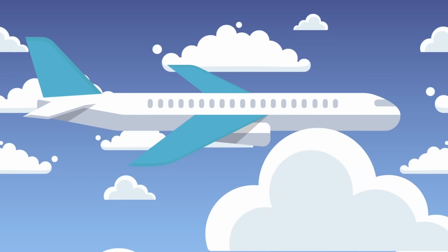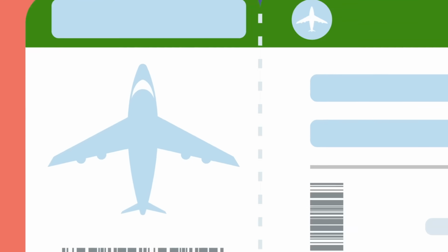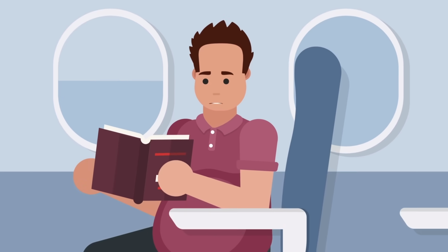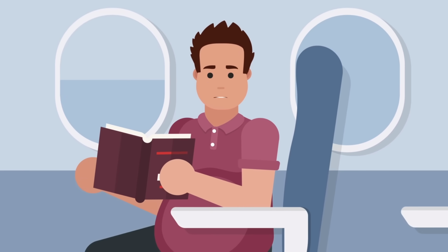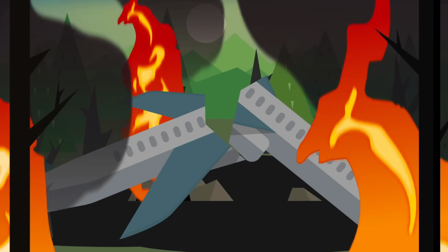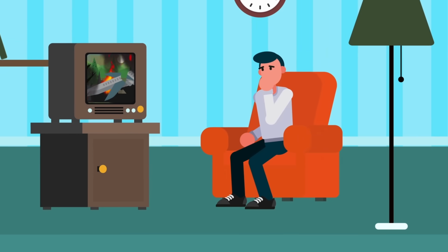Flying in a plane nowadays is about as safe as catching a ride on a bus or commuting on the subway. Of course, that doesn't stop people being afraid of flying. To some, the prospect of long-haul flights or feeling the shudder of turbulence are reasons to avoid planes altogether. And then, every year, there are stories of downed flights or those that go missing, all adding fuel to that